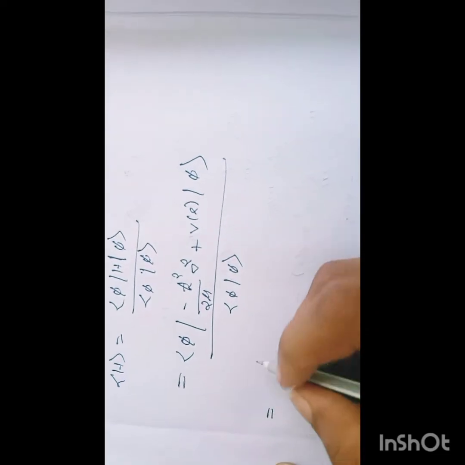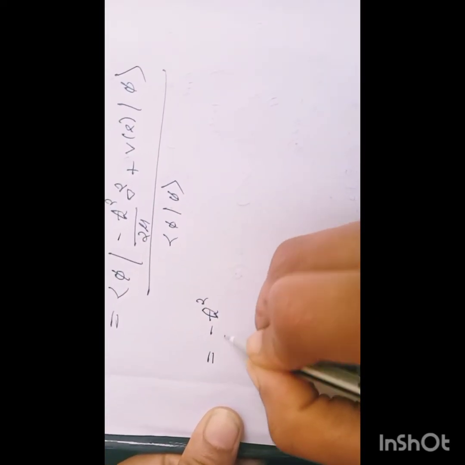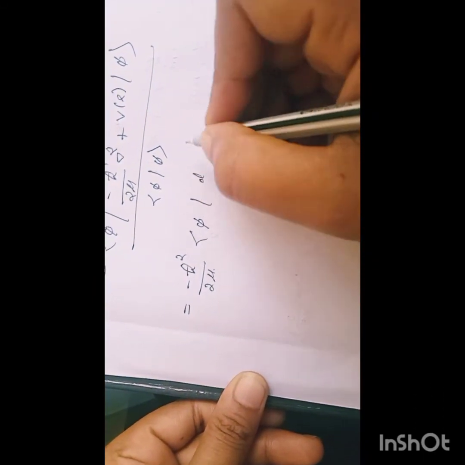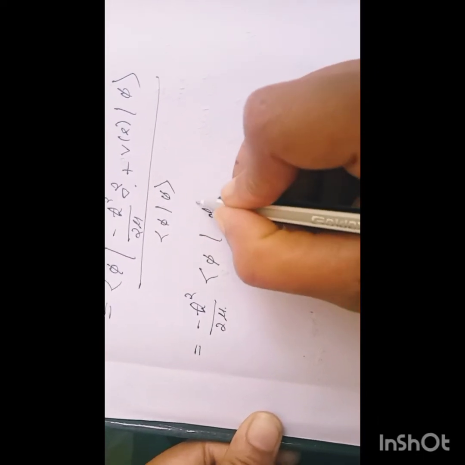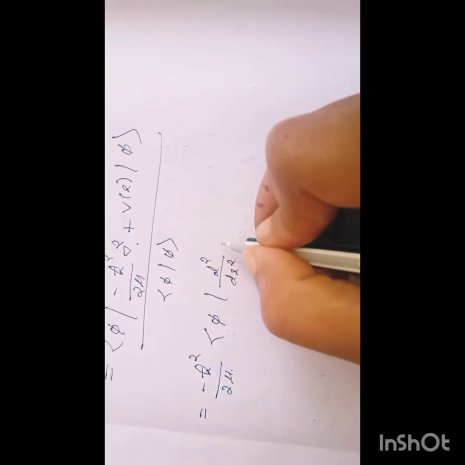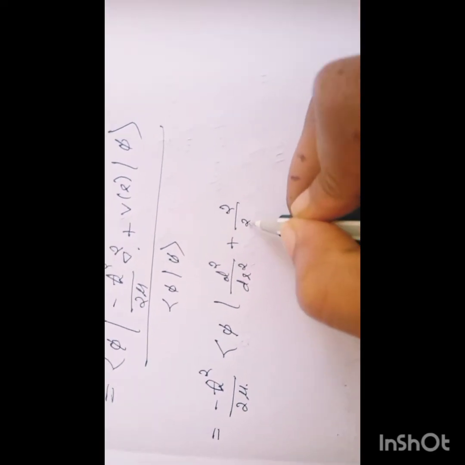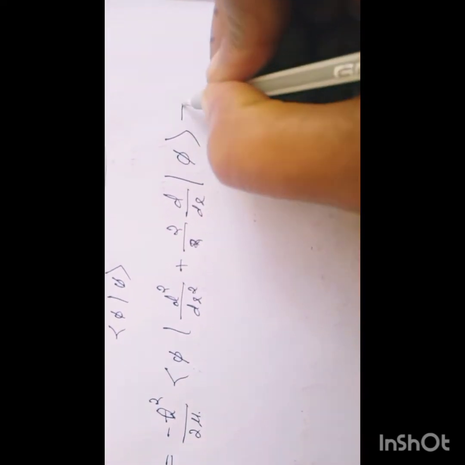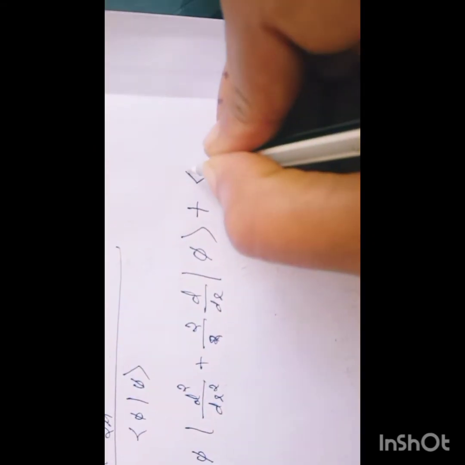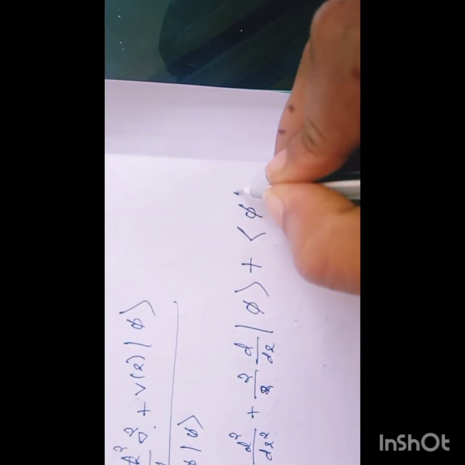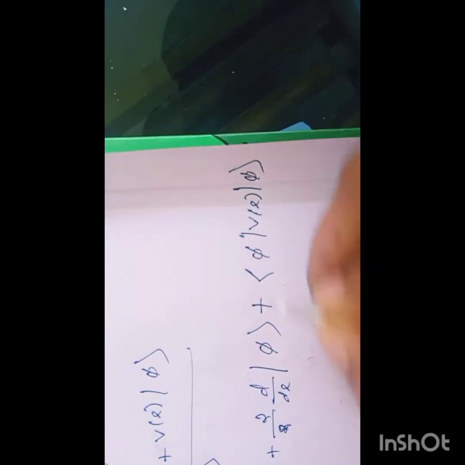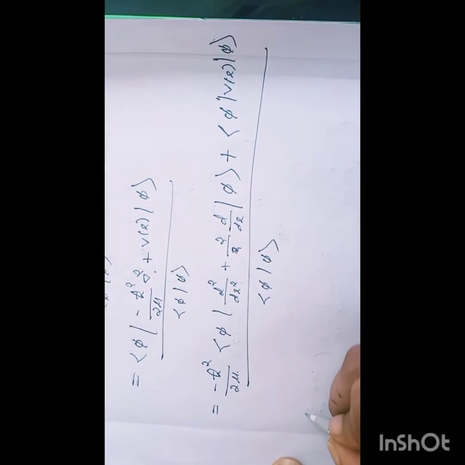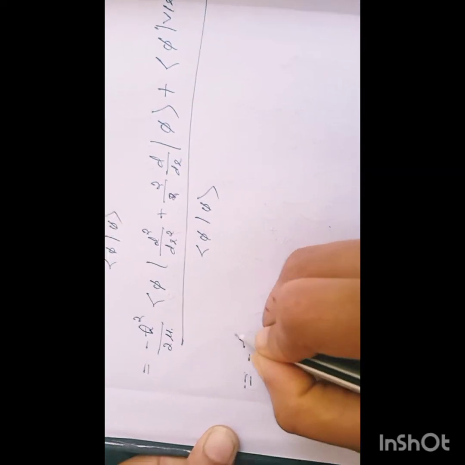which is equal to minus h cut square by 2 mu bra phi d square by dr square plus 2 by r d by dr ket phi plus bra phi V of R ket phi whole divided by bra phi ket phi, which is equal to minus h cut square by 2 mu